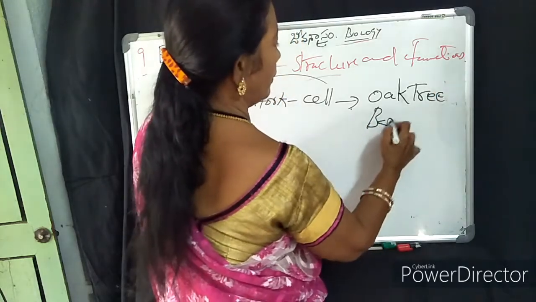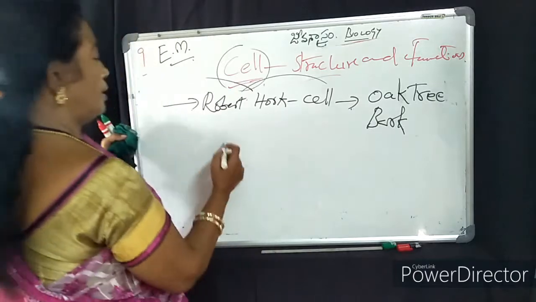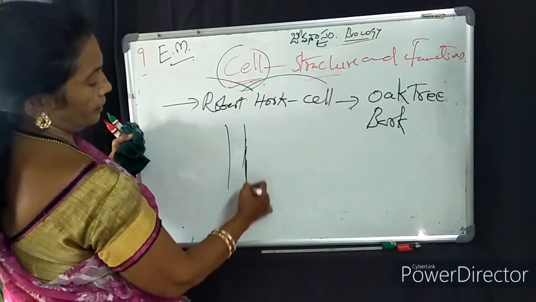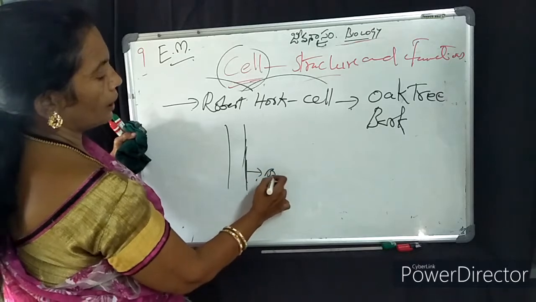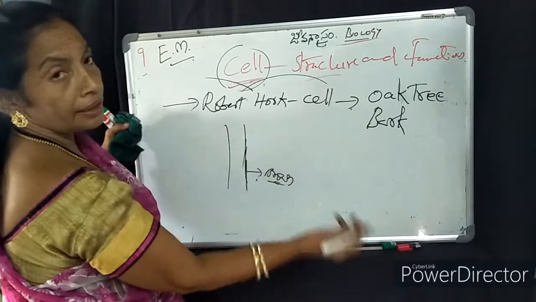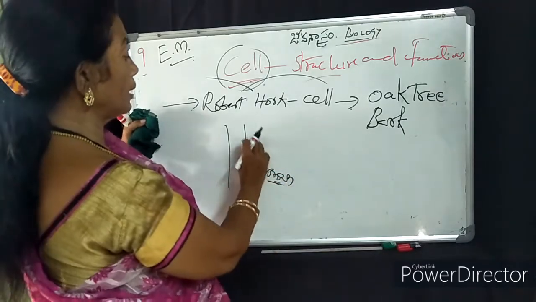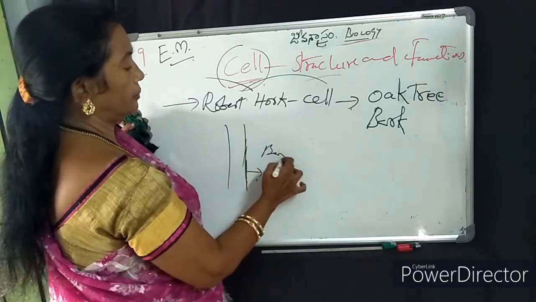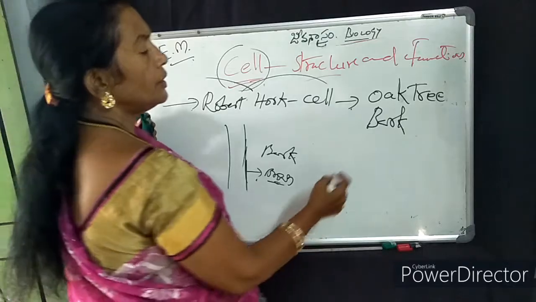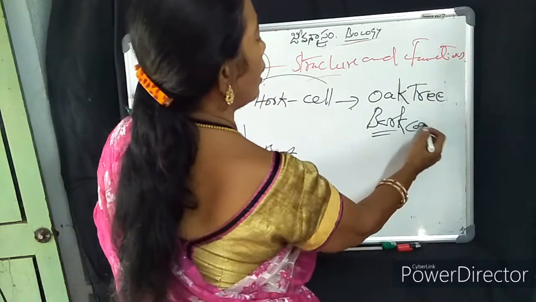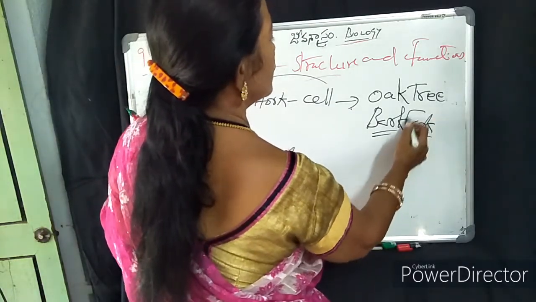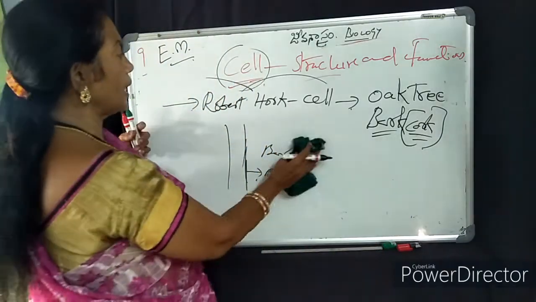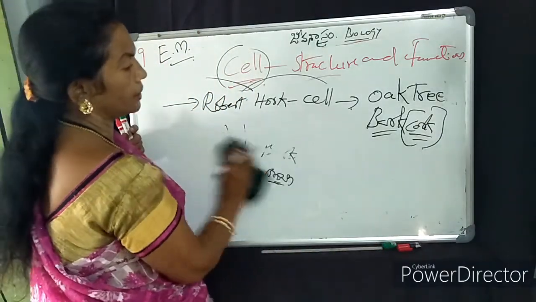Bark means when you see a big plant, this is the bark. It will be in a brown color. Many trees around you, you can find the outer layer is called bark. So this bark, you can say cork also. In this oak tree cork, Robert Hooke has taken